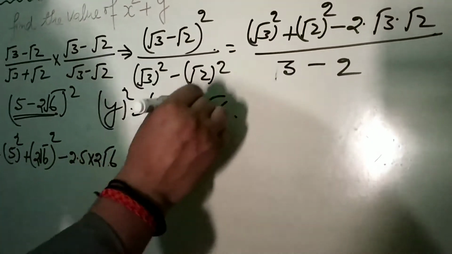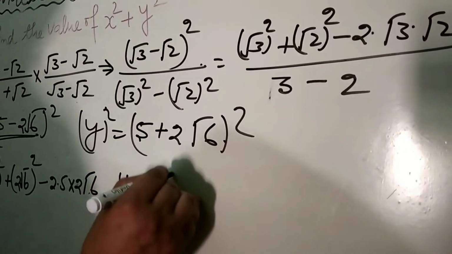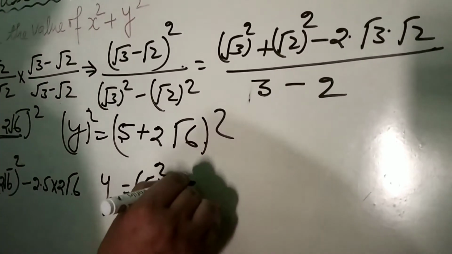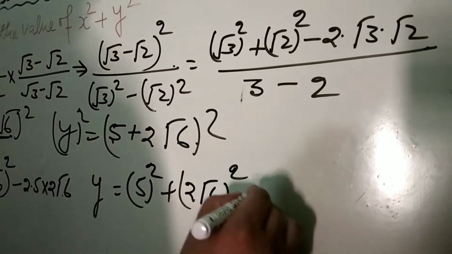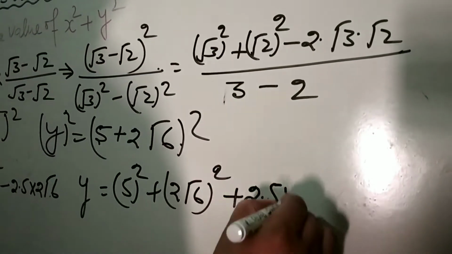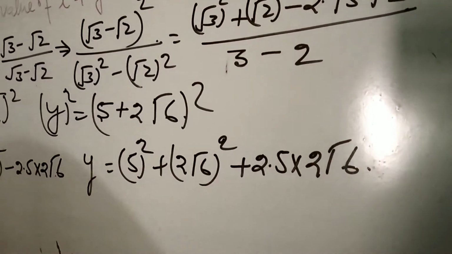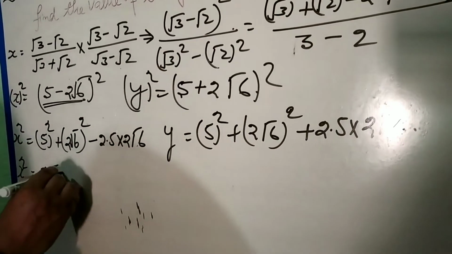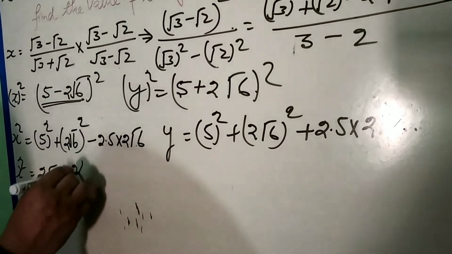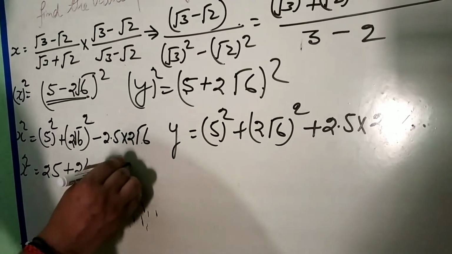Similarly if we square y also, what we will get, y is equal to 5 का square plus 2 root 6 का square plus 2 into 5 into 2 root 6. So x का square, what we have got, 25, and 2 root 6 का square is 4 into 6, 24, minus 2 5 या 10, 10 2 या 20, 20 root 6,